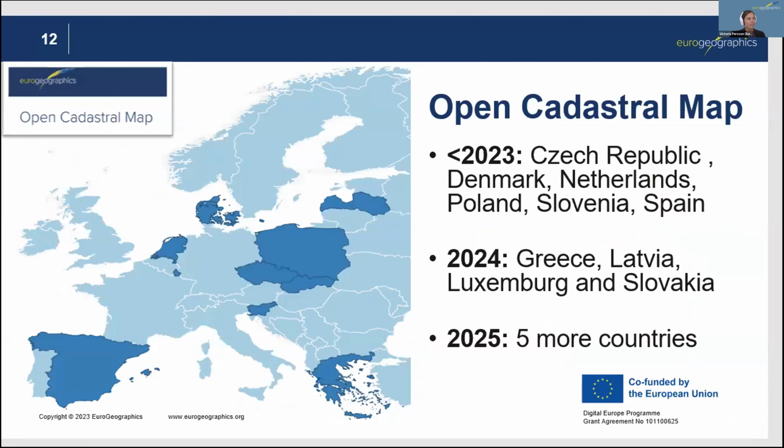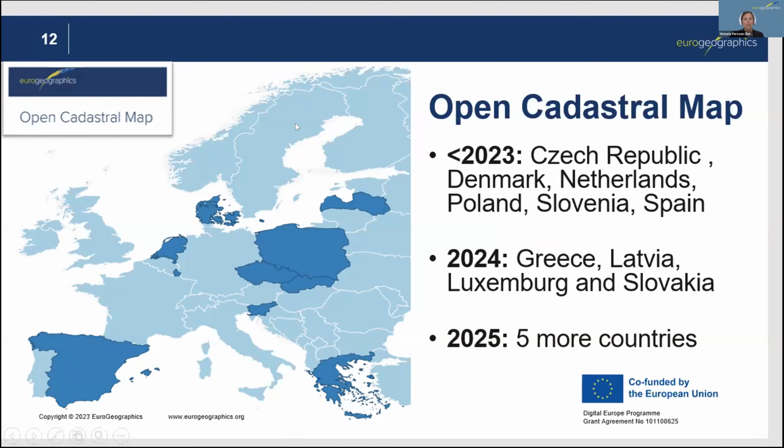Another data set, the open cadastral map pilot that we started developing, is a different production process for cadastral data, which is particular. It's different from topographic data in the sense that there are other implications for handling the data; particularly, edge matching is something that we do not do with cadastral data. And this is a pilot that we developed in OME and that we are now expanding in OME 2. It's